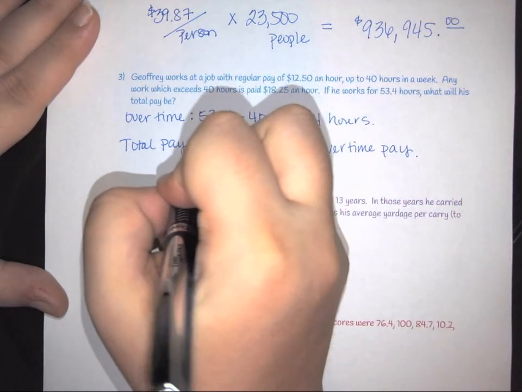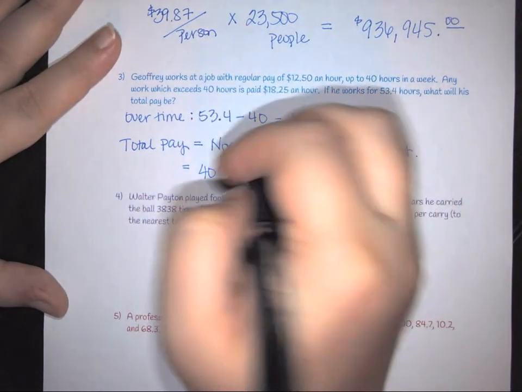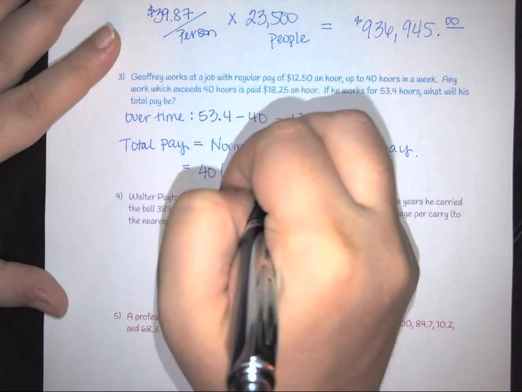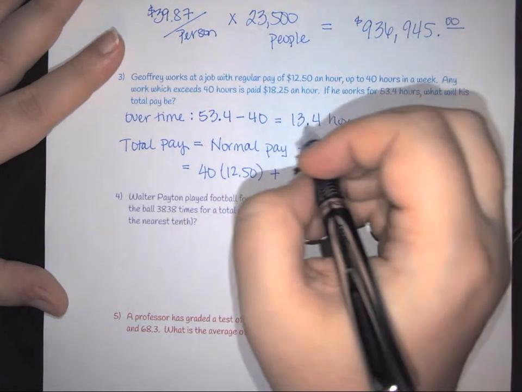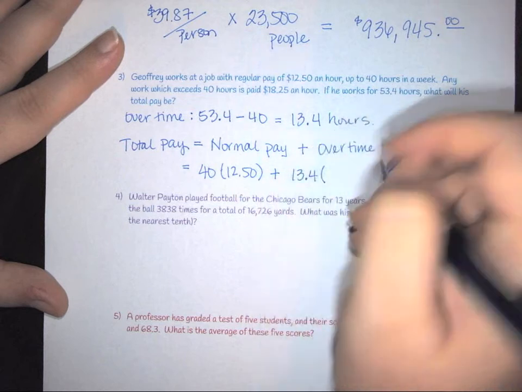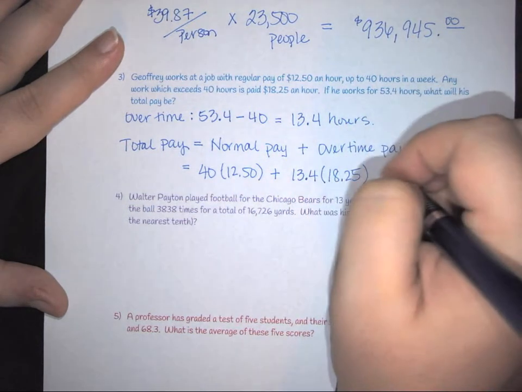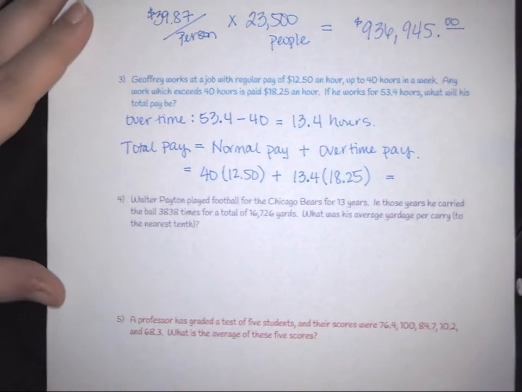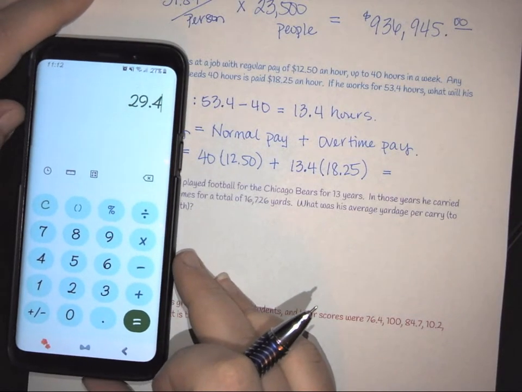So here my normal pay would be 40 hours that week at the regular pay of $12.50, plus my overtime pay. So my overtime hours were 13.4 times the overtime pay of $18.25, and that is going to give you a total. So again, if you take a look at your calculator,